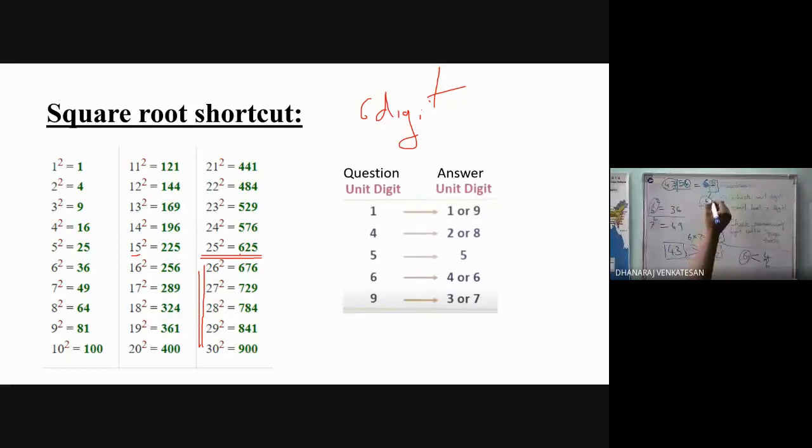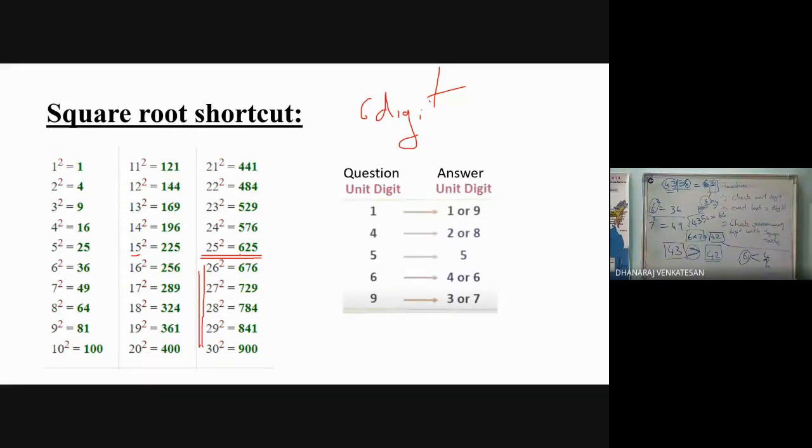For finding whether it is 6 or 4, you have to compare this. 6 into the successive number, that is the product with the successive number. 6 into 7 equal to 42. You have to compare this 43 with this successive product. 43 you have to compare with 42. Obviously 43 is greater than 42. So take the greater number and write. So the square root of 4356 is equal to 66.